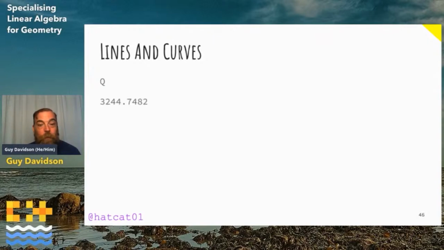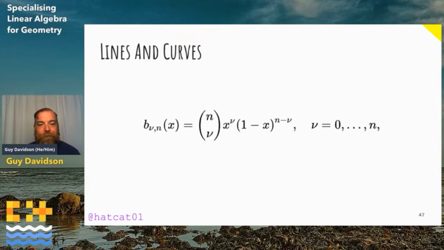For example, we can't represent this number using the float type. And the reason why is one of precision. Floats are only precise to about 5 orders of decimal magnitude. And this will become a significant problem later on, and we'll return to this. But I need to take a little diversion now and talk about the Bernstein polynomial.